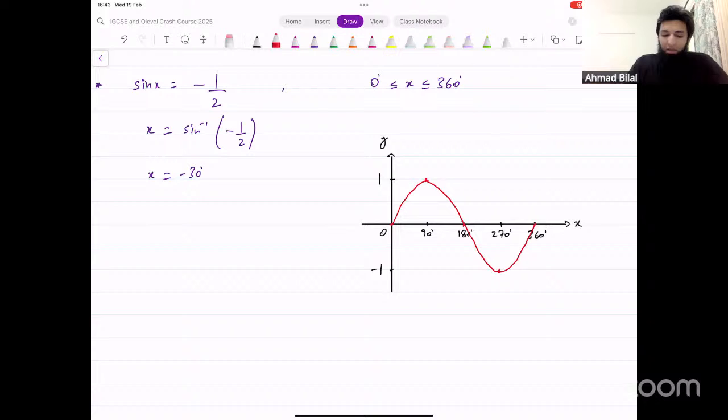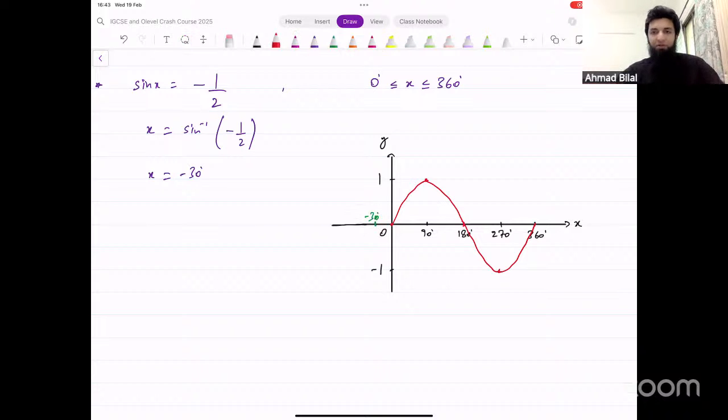Okay. Now, when is sine equal to negative 1 over 2? The value that we have found from our calculator is a negative value. Where is negative x value going to be? It's going to be on the left side of the graph, left side of the y-axis. So this is 0. Negative 30 is going to be on the left side here. It might be somewhere around this point. This might be, let's say, negative 30. Now, what does the graph look like on this side? Let's think about that. What does the graph look like on this side? If this is negative 30,